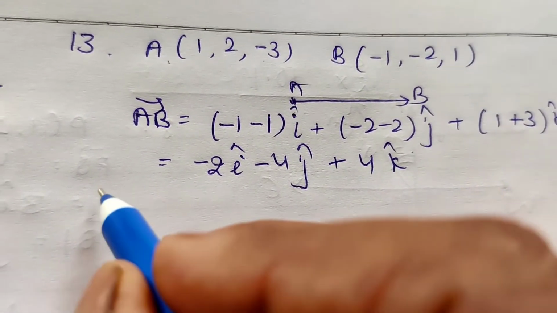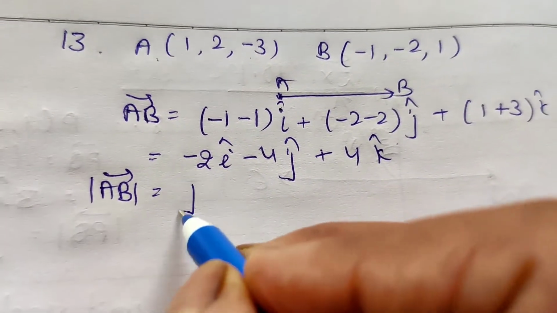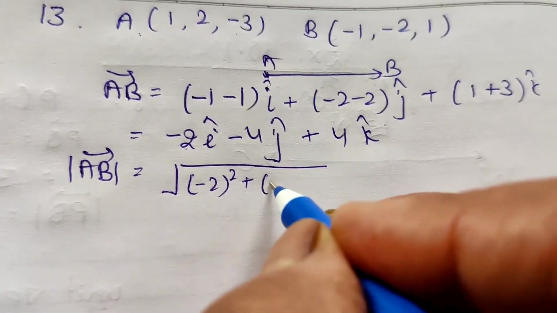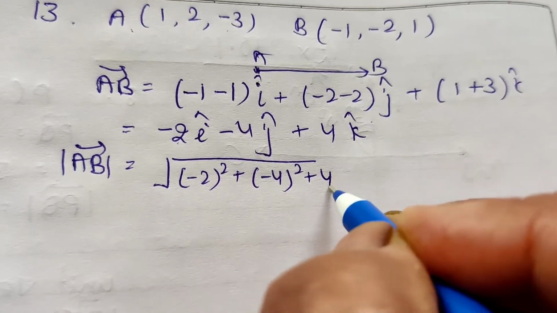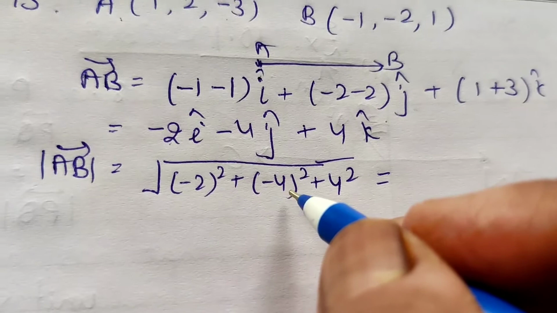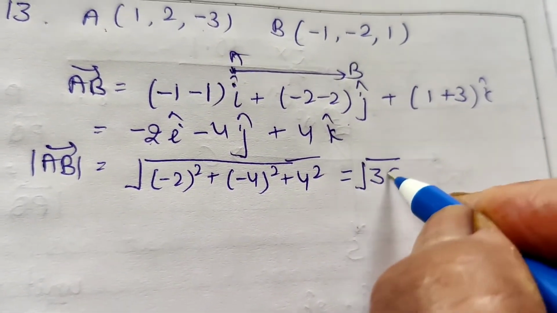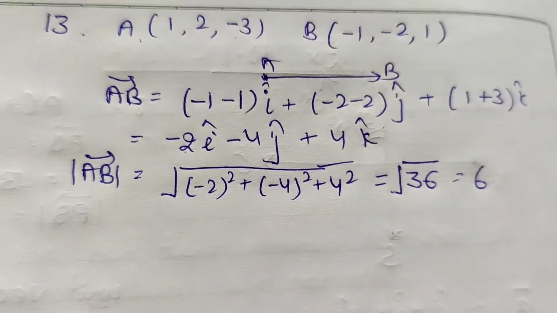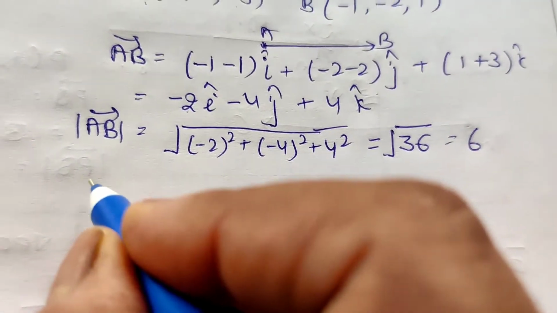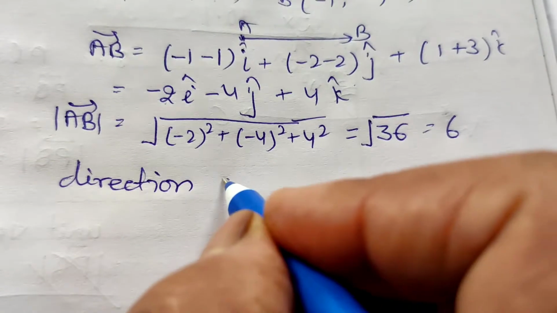Now the magnitude of this vector is under root minus 2 squared plus minus 4 squared plus 4 squared. It is equal to 16 plus 16, 32, 32 plus 4, 36. It is equal to 6. Now the direction cosines are